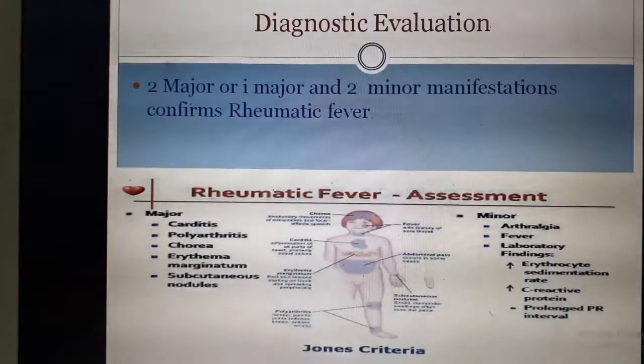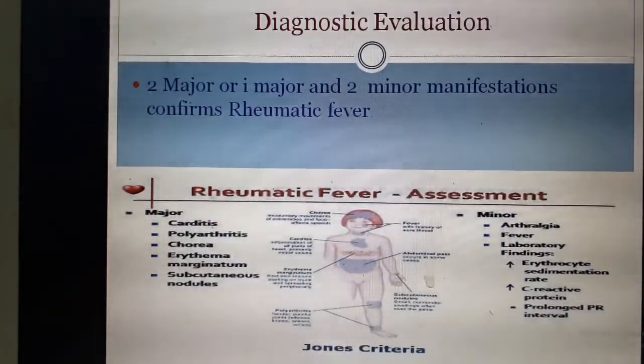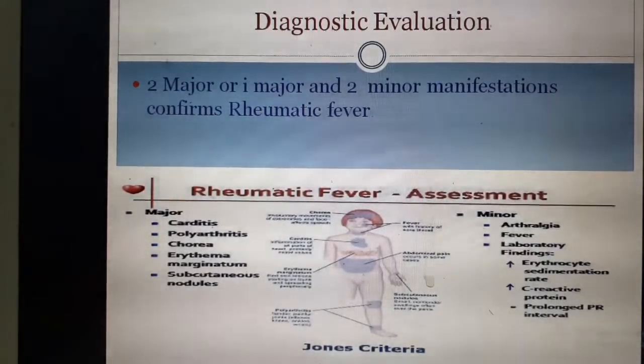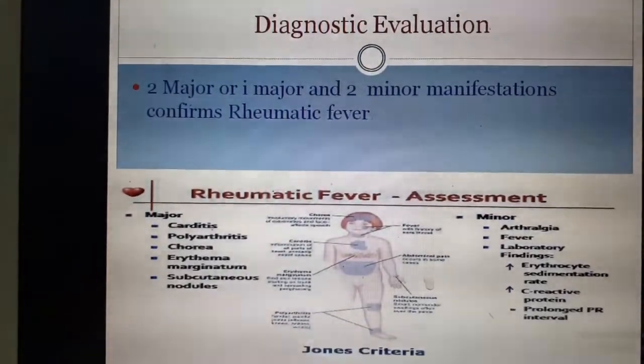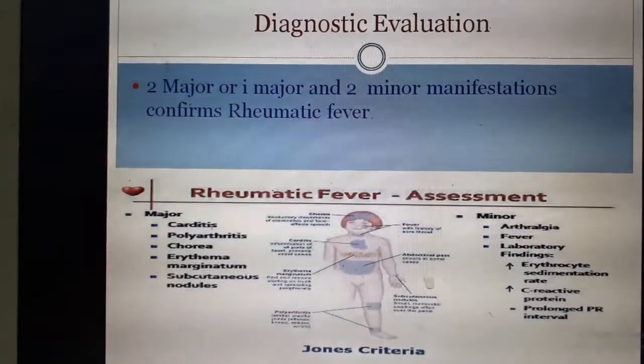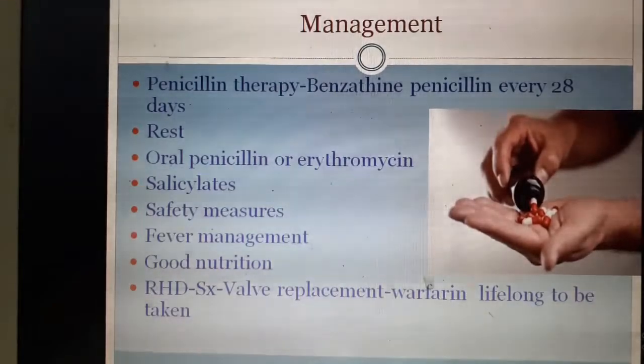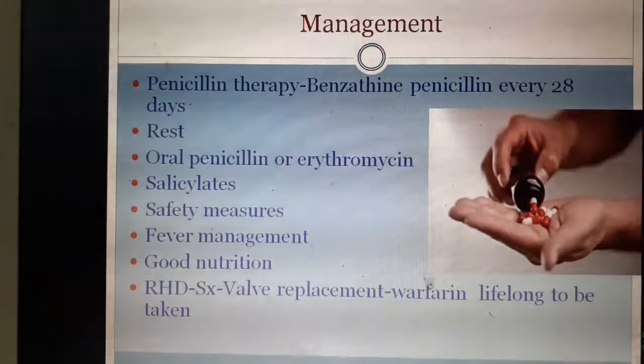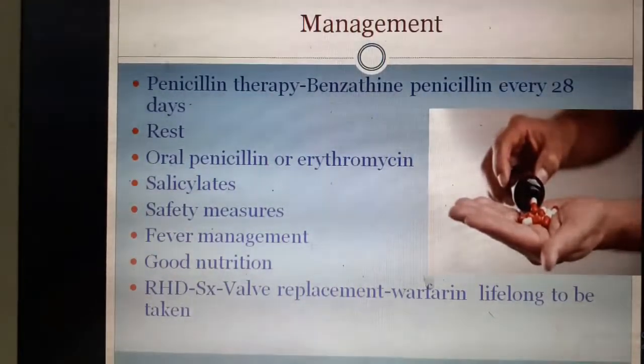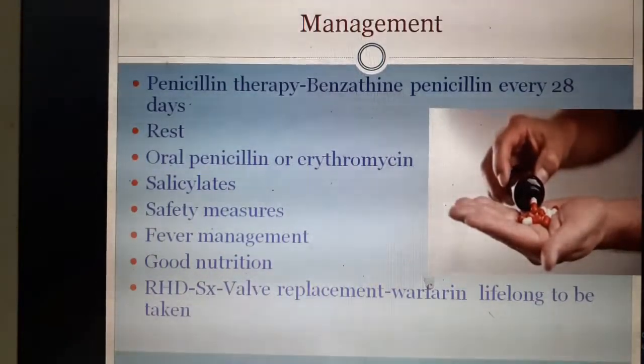Now the diagnostic test is any two major symptoms, or one major and two minor symptoms. This confirms rheumatic fever. Coming on to the management, it is through penicillin. We give benzathine penicillin for children every 28 days or every 21 days. Rest is very important. If they don't want the penicillin injection, they can also take oral penicillin twice a day